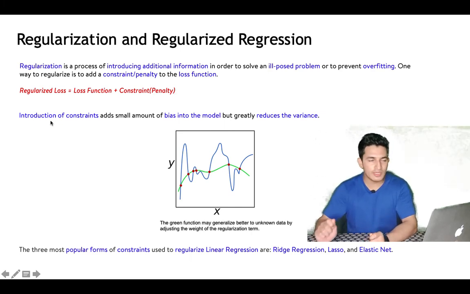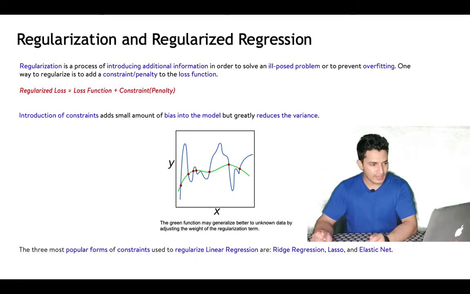And what happens because of that? Suppose these red ones are my training data and the model was fitting the blue line. Clearly it's overfitting, it's trying to mimic each and every data point, but due to this penalty, instead of the blue line, the fitted line will be a green line, which is less prone to overfitting and will perform better on unseen or test data. So that is what is mentioned here: because of regularization, the bias of the model can increase but the variance will reduce drastically.